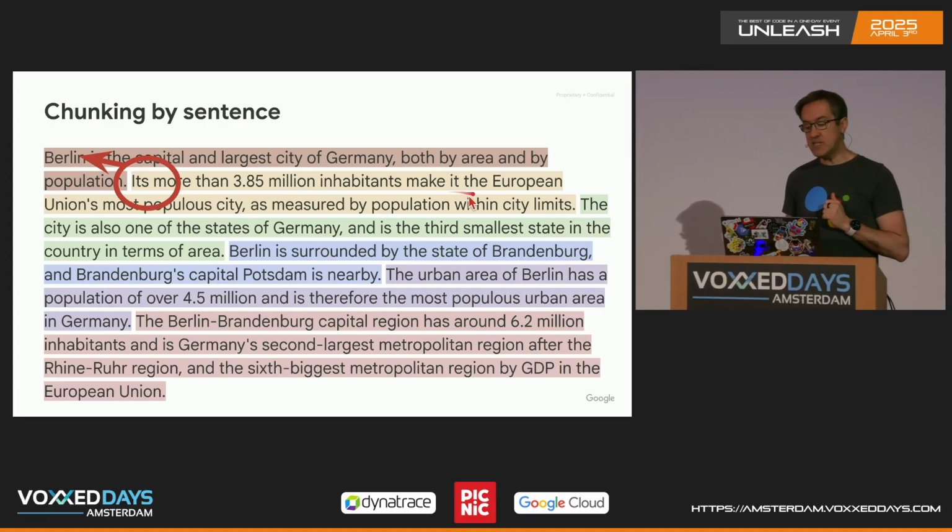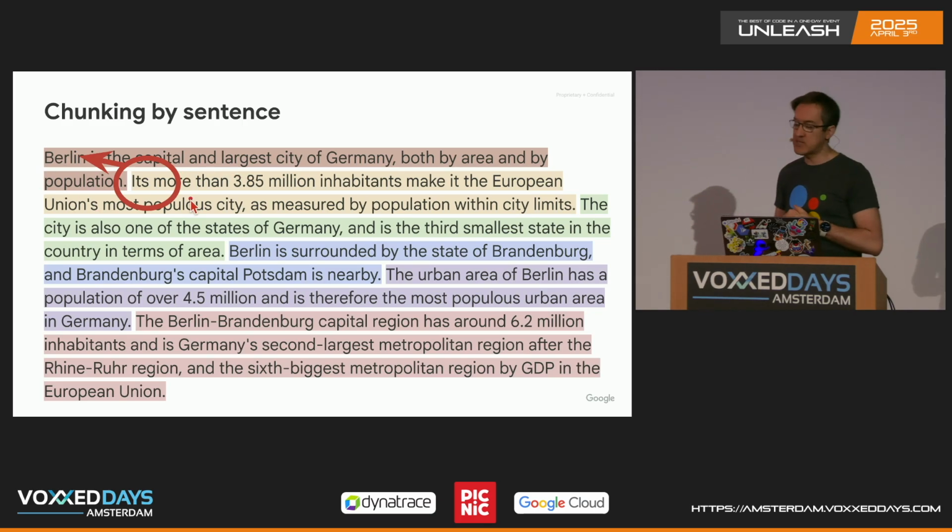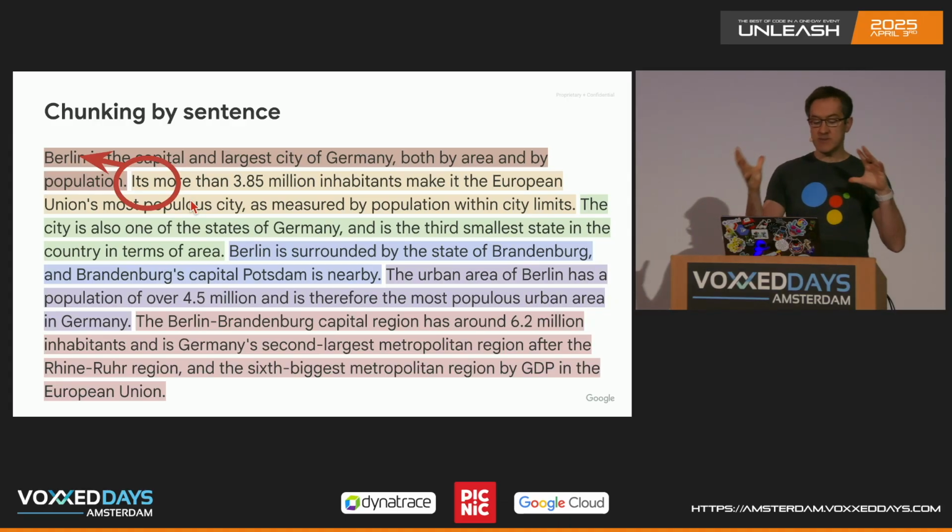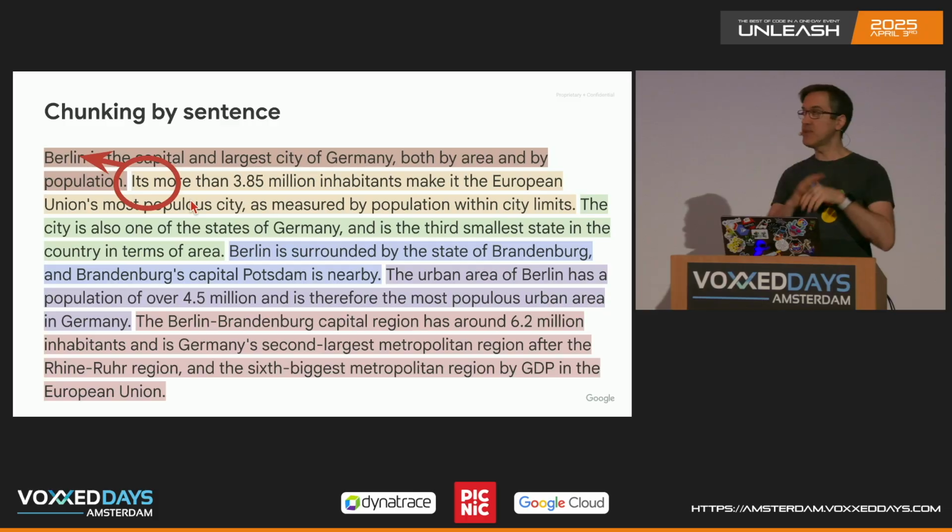If you look at this sentence, which contains the answer, it doesn't mention Berlin at all. So it's more than 3.85 million inhabitants. It's a European city, okay, but you don't know that it's related to Berlin. So an approach I've explored is actually using a parent-child